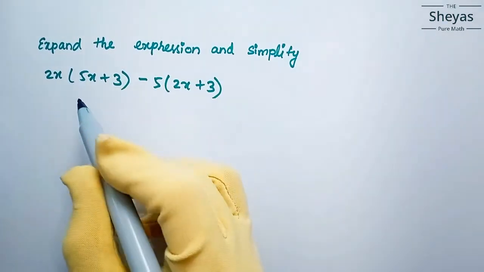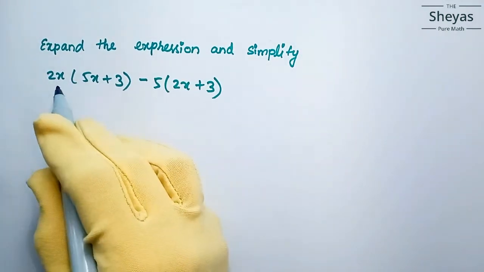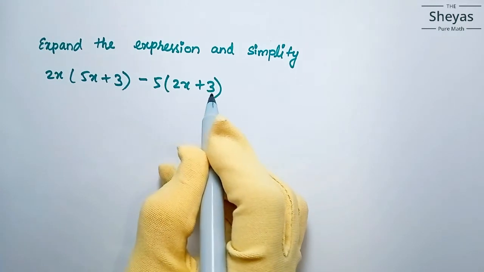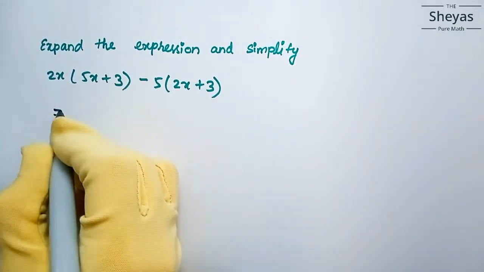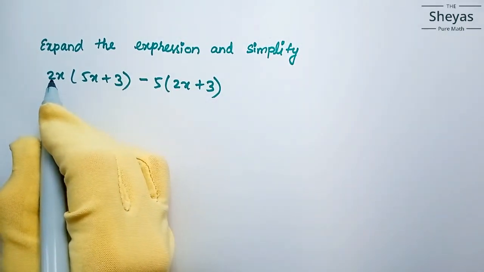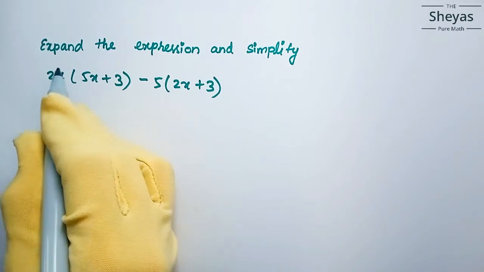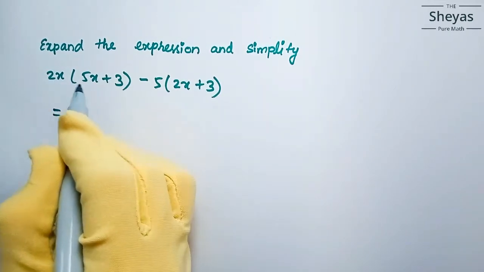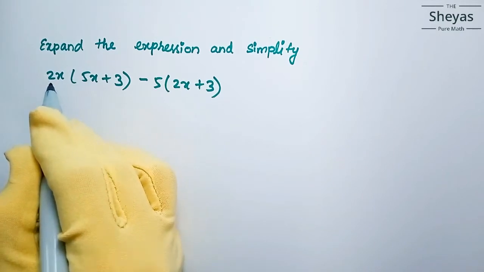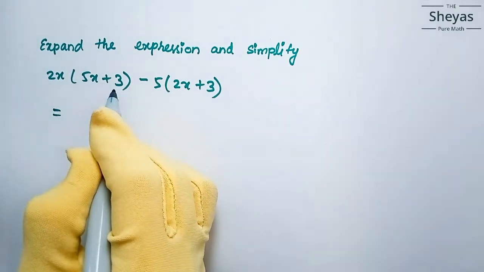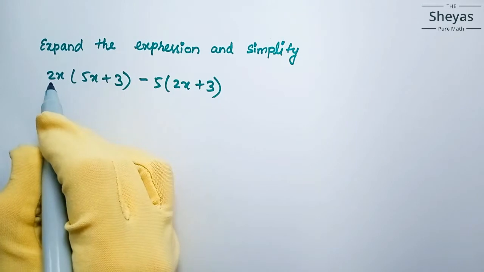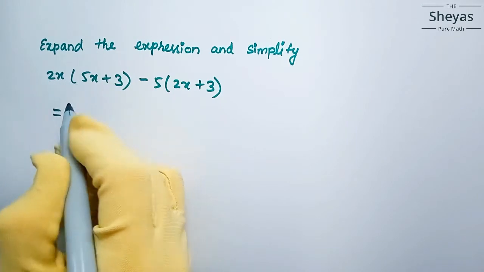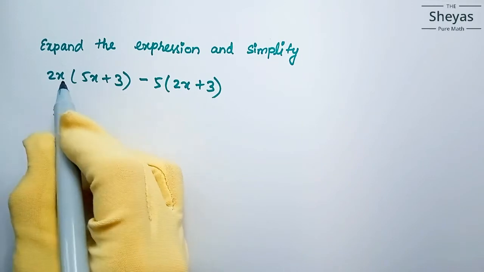Second problem: expand the expression and simplify. 2x into (5x plus 3) minus 5 into (2x plus 3). Let us start. 2x, we have to multiply with each term. That is, we multiply 2x with 5x and 2x with 3. What is the first step? 2x into 5x. 2 into 5 is 10, then x,